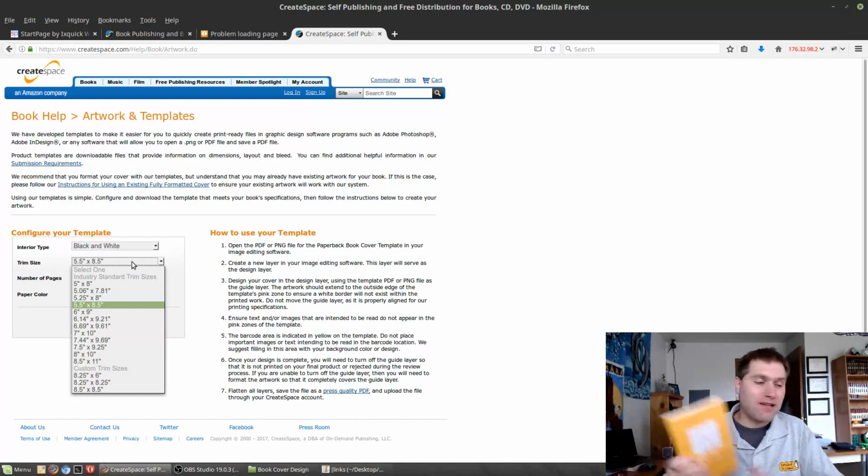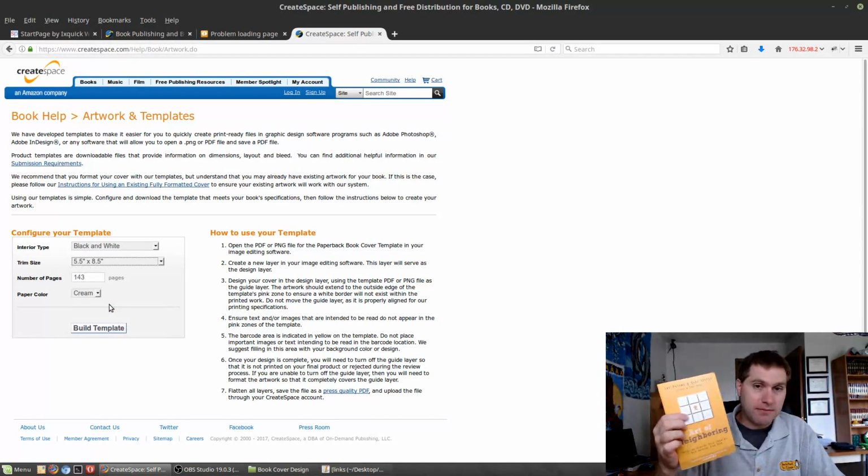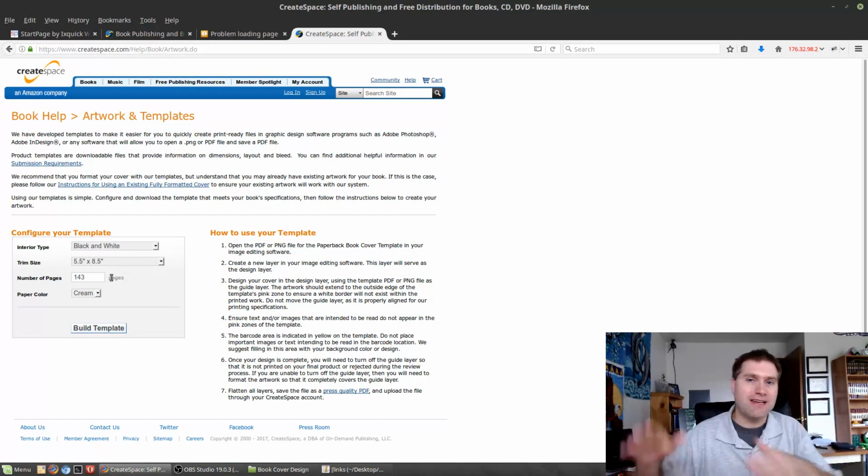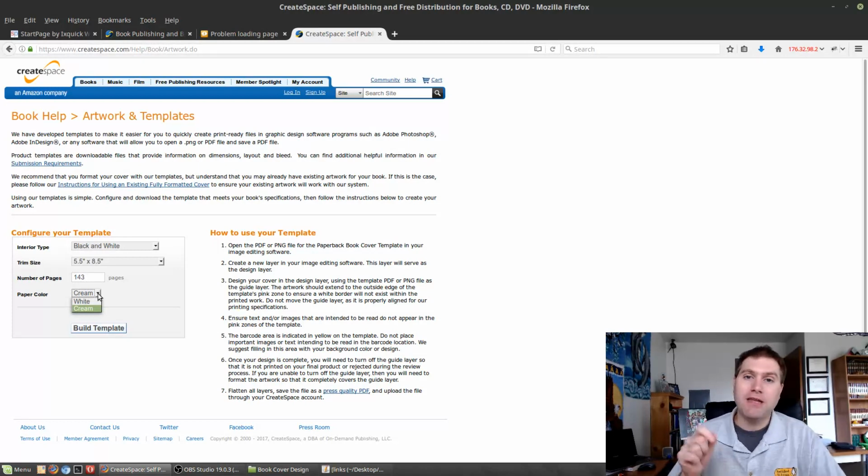In this case, I'm picking 8.5 by 5.5 because that's exactly what this book is, and I'm duplicating this essentially exactly. Now you need, as I said, your page count. So this book, after editing, I have my title page, my copyright page, all the content, the exit pages, and everything else that I need. It is 143, and then you need to pick the page color, either white or cream, because these pages actually have slightly